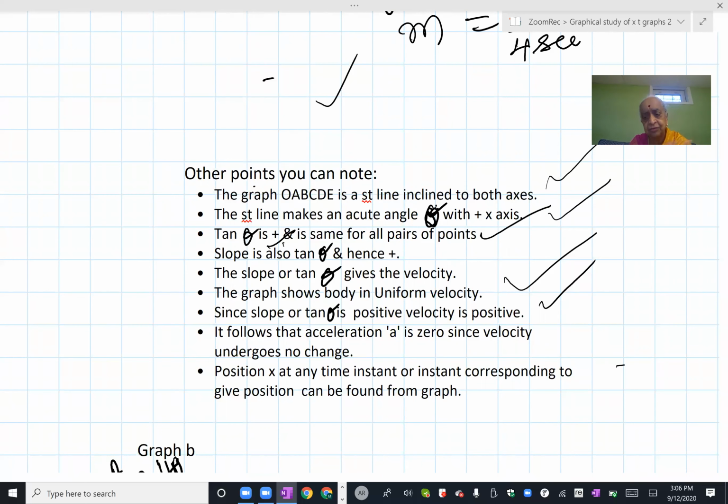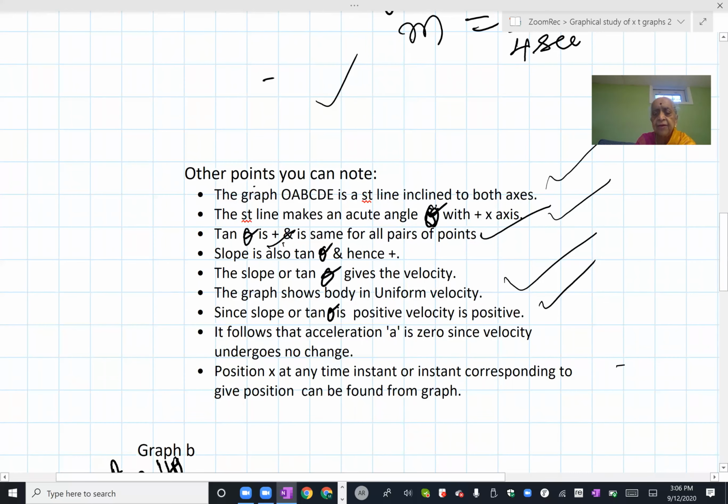Acceleration is change in velocity by time. If the velocity is going to be the same, the change in velocity is going to be 0, and velocity has no change, or nil change, or zero change, which means acceleration is zero. The body is not accelerated, but it is not at rest, it is moving, sure, but the acceleration is zero. It means it does not undergo any change in velocity.